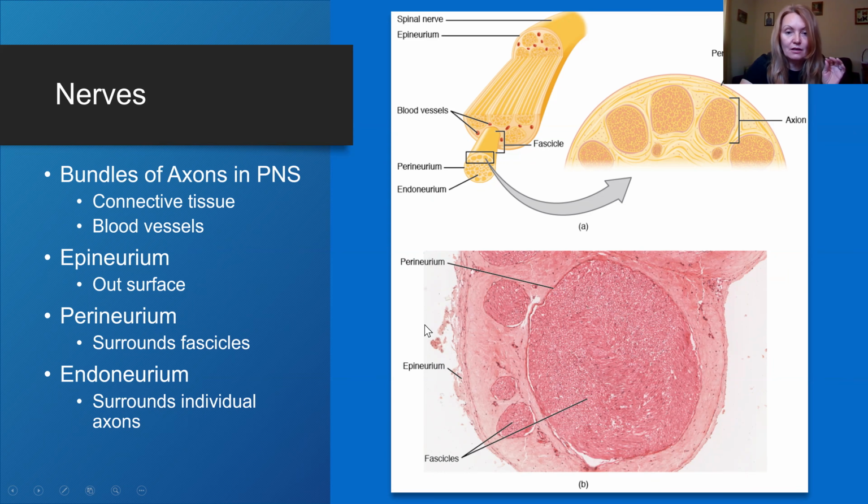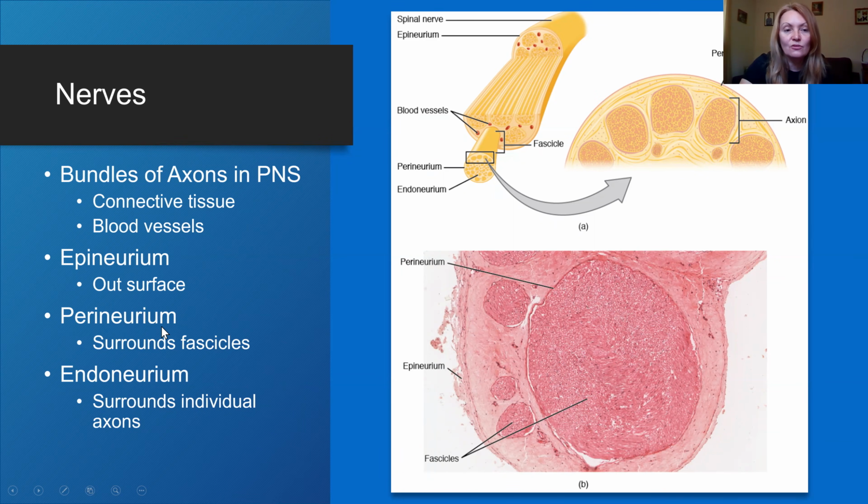So you have an axon, right? If it's myelinated, it will have a myelin sheath, and then it will be surrounded by connective tissue called endoneurium. Now, many of these axons together are gonna form fascicles, and fascicles will be surrounded by perineurium,